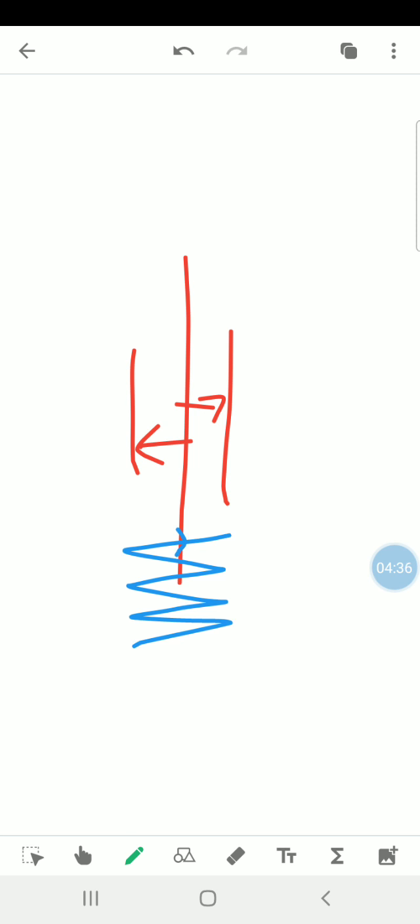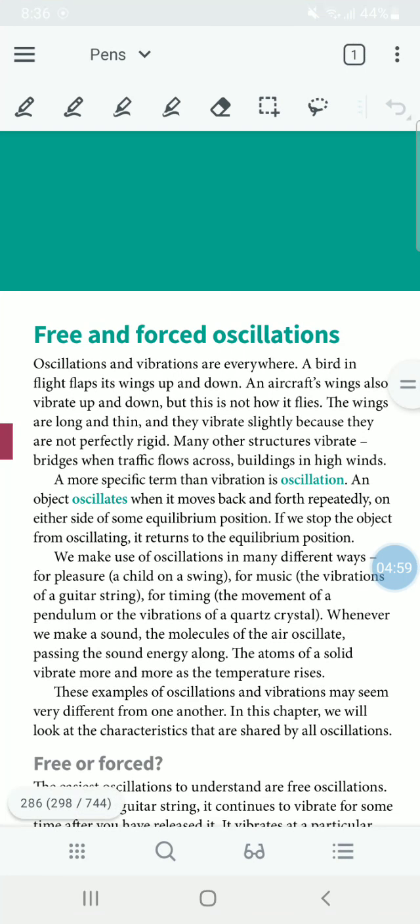I'm just showing this movement to illustrate it, but it does not actually go in a zigzag manner. It simply goes back and forth like this, from left to right. But if we stop the movement, it will come back to the resting position. That is what it refers to.